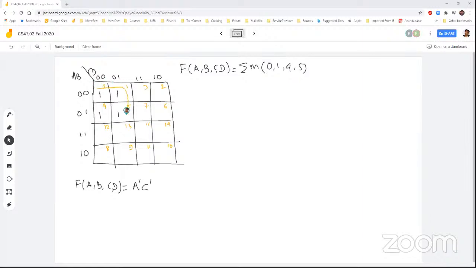Okay, and in that case, within this group, within the row, B is varying, but A is constant at 0. That's why A bar came into the picture. And within the columns, if you see these groups, D is varying. One column it is 0, the other column it is 1, but C is constant at 0. So that's why the C bar came. So this actually gives you the direct form of the